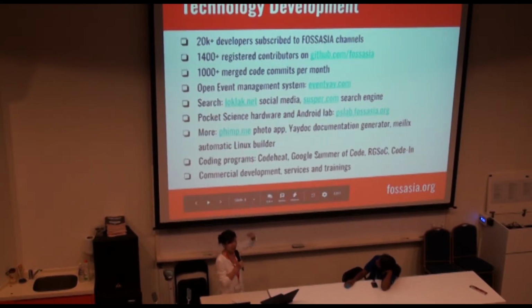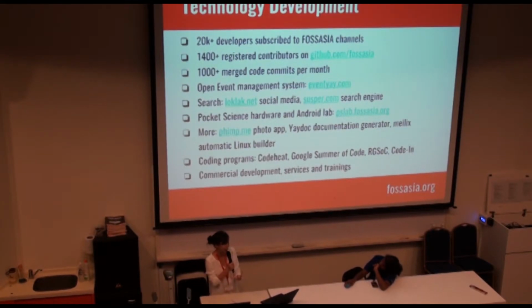First of all, the Open Event Management System, which allows organizers to run any conference, performance, or workshop, and you can find the software on eventyear.com. Another thing that we developed is similar to Google, but open source. We have our own search engine called SearchBird. If you have internal data in your organization or company, you can deploy the search engine for your data. You cannot do this with Google, but with our system you can.